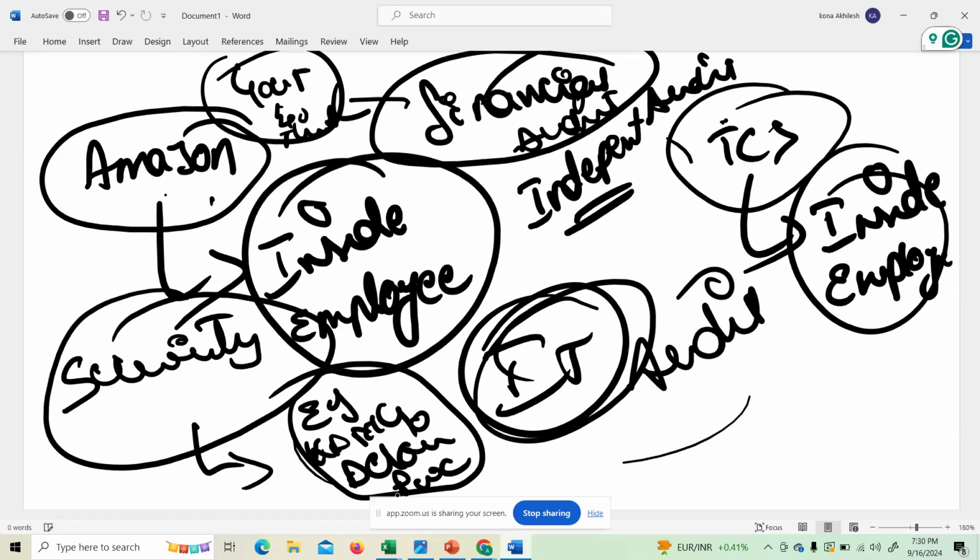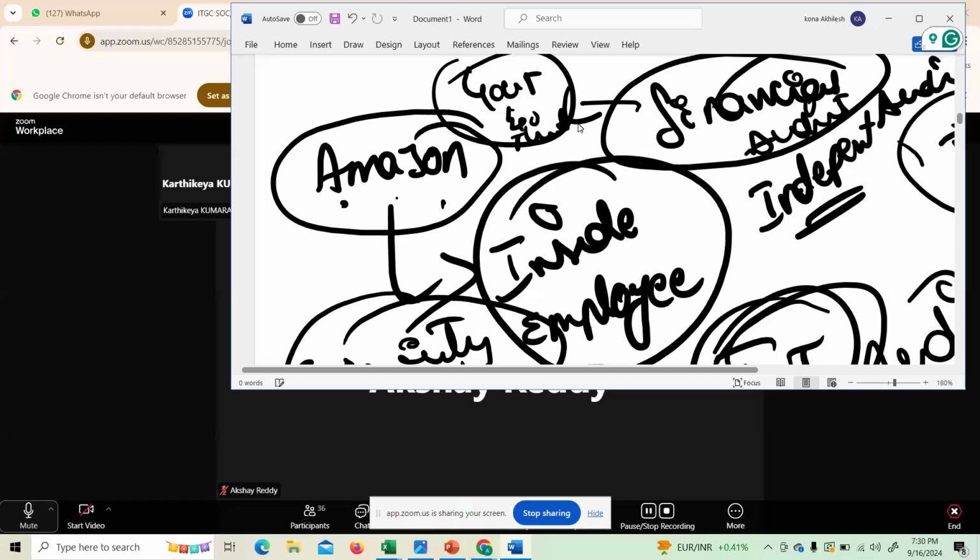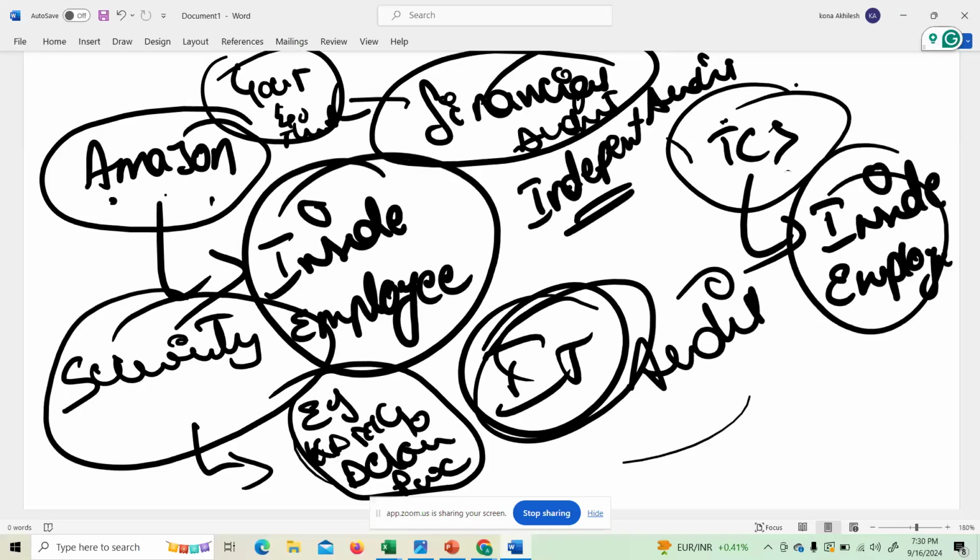He won't have any connections with Amazon, and even with TCS. That's why he will be called independent. This independent party will audit all of TCS's security controls.